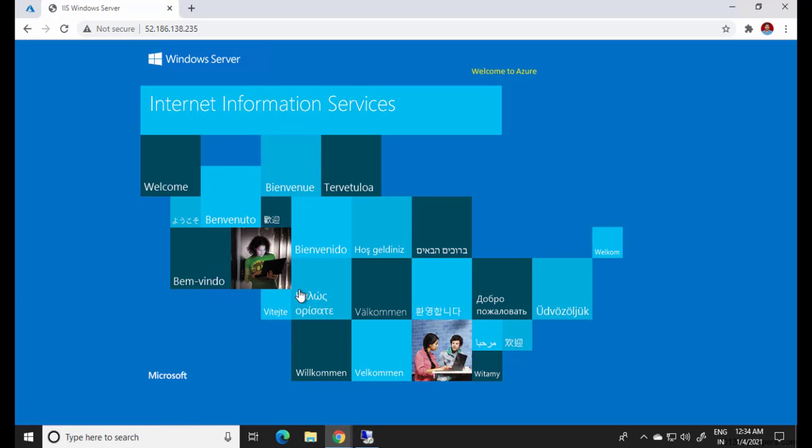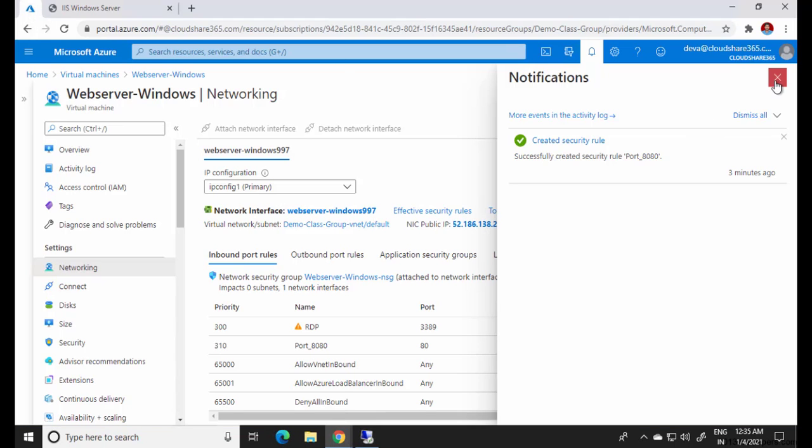So next we are going to see how to deploy a Linux virtual machine and how to deploy an nginx web server role on the particular server. Let's go and see. To deploy